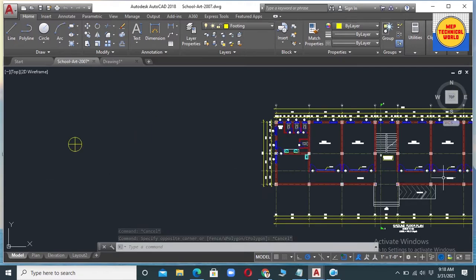Now let's place this light in this classroom by using copy command.